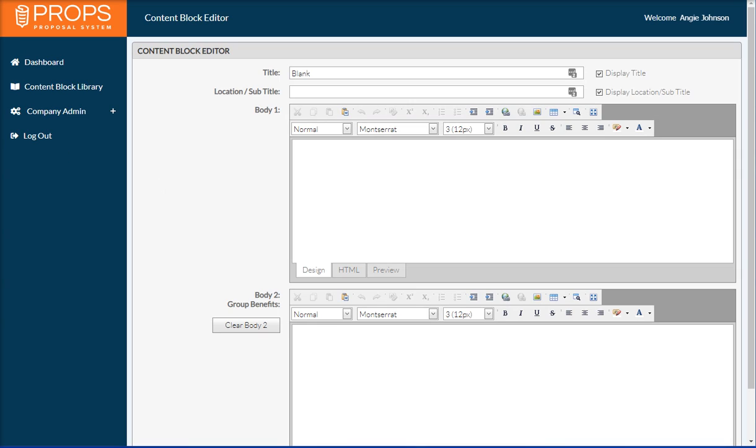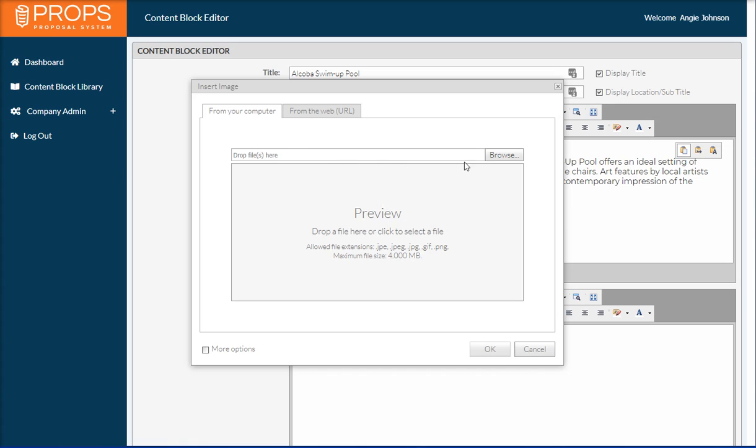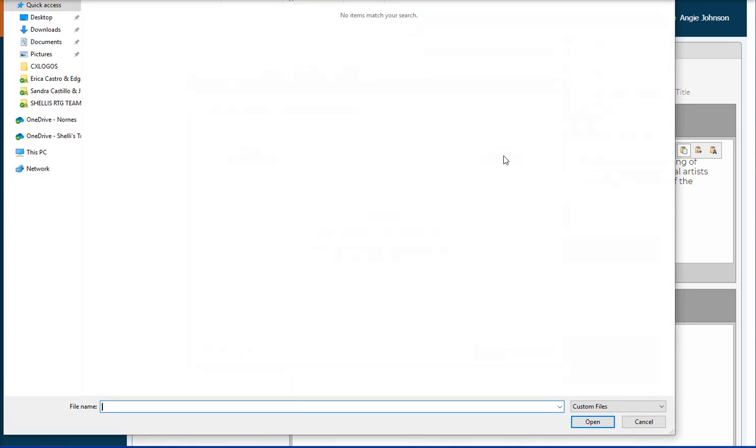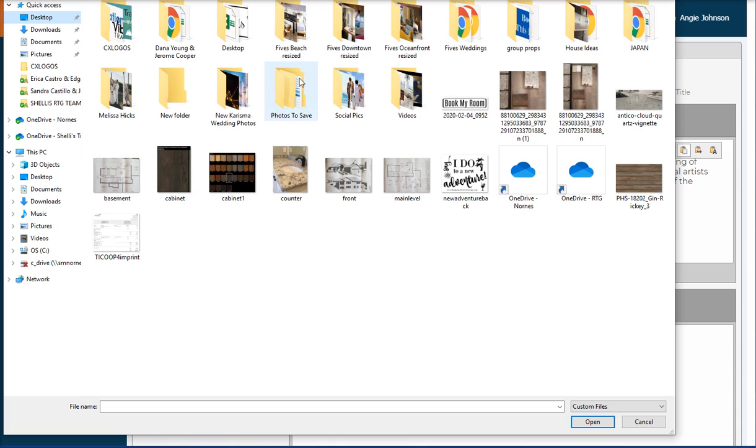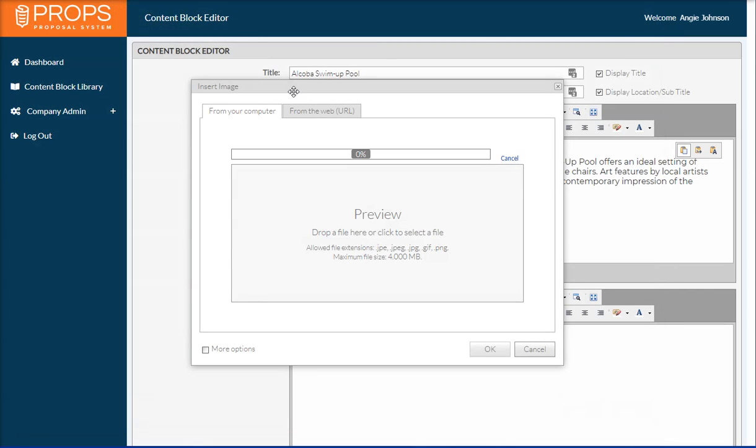Now I've done the footwork before I started here, so I have a Word document with room descriptions, and I have some photos saved ready to go. So I'm just pasting in information that I pulled from the hotel's website. I have a photo that is saved and ready to go, so I have to browse and find my photos. So the Alcoba Swim Up,